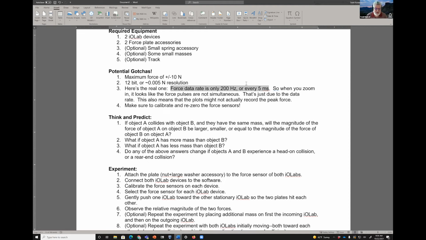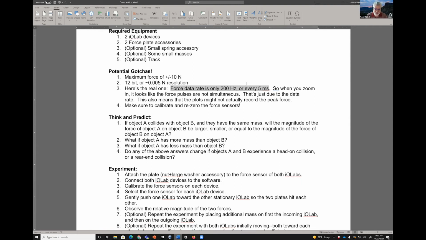One of the things that I like about the iOLabs is that unlike some of the other lab equipment that is out there, it's a real device. They don't go to huge effort to make everything frictionless, for instance, and so on. And so this brings some of the reality of the experiment to the forefront. And one of the reasons I really like this is that it seems like there are always a fair number of students who like to divide